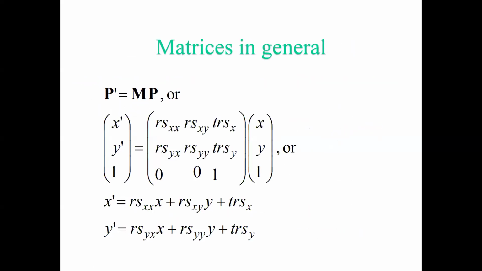Now next, if you want to put everything in your matrices, how will it look? Here you can see I have taken the new coordinate point as p dash and my initial point as p. So I'm just going to multiply it. So what will happen? Here you can see I have used translation, scaling, and rotation, all three things in a general way.